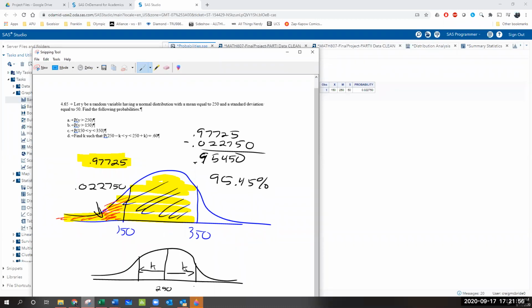So this value here is going to be 250 plus k, and this is going to be 250 minus k, whatever k is. Then the area in between those two marks, everything in yellow, needs to be